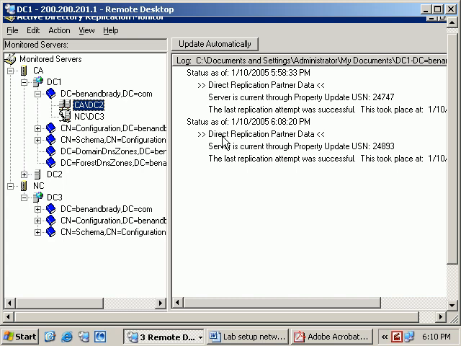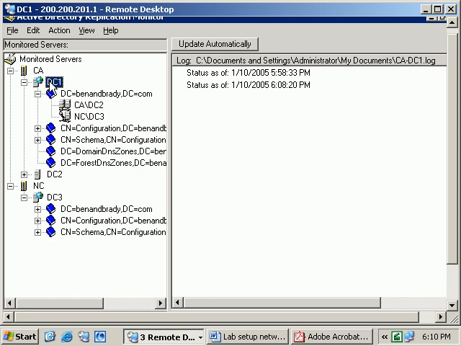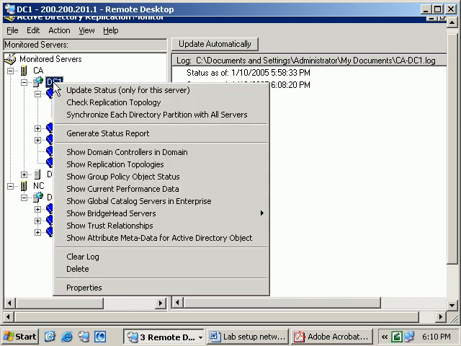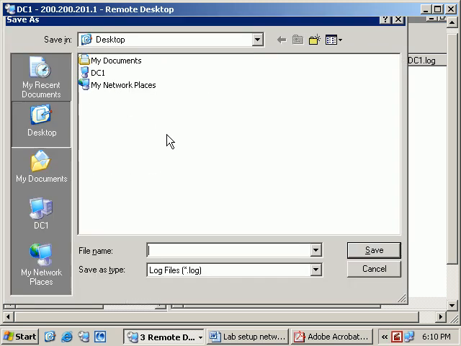In fact, you can also generate a report. So let's go ahead and do that. What I'm going to do is click on this tool over here. I'm sorry, I'm going to click on DC1, right click, and over here you can get different kinds of reports. What we will do is go ahead and click on this report called generate status report. I'm going to click on this, and now it's going to ask me where do you want to create the report. Let's save it to the desktop, and over here I'm going to call it status